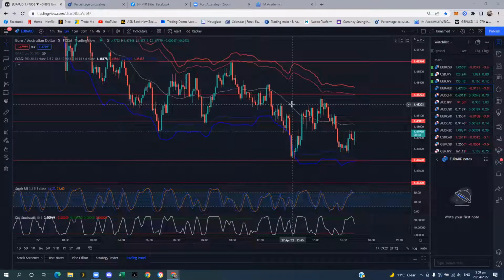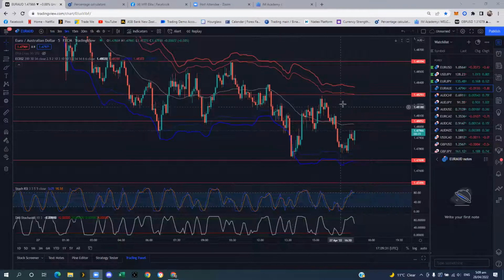It's a balance between not missing an entry, but at the same time not entering too early and reducing your odds of winning a trade. So for example,